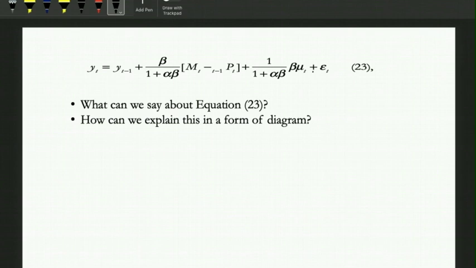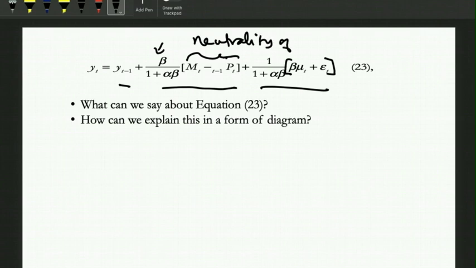and you can get something like 23 here. And there's a correction here. You put a bracket here. All right. As you can see here, YT is on the left-hand side. It depends on the last year's YT and depends on this term. So we have the second term, the first term, and the third term. Now the second term here, this is the coefficient, beta over 1 plus alpha beta. Now if you look at this, this is basically what we call